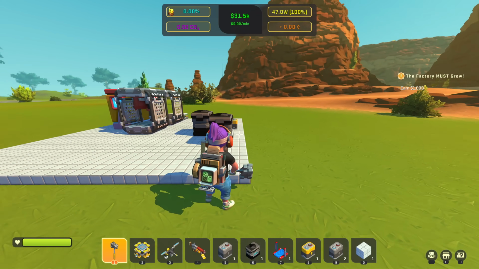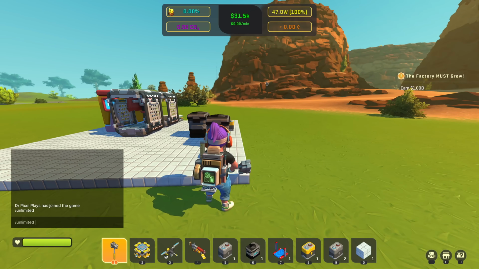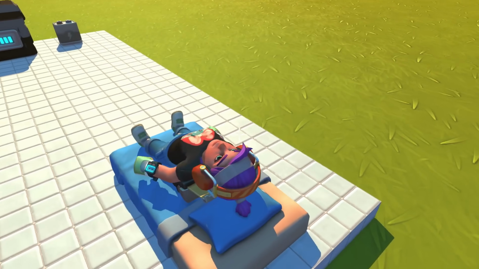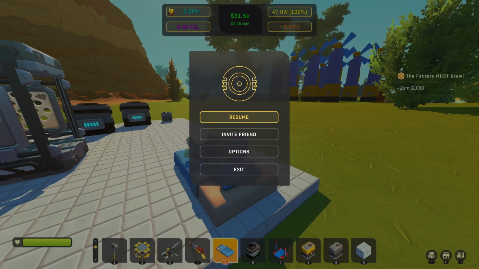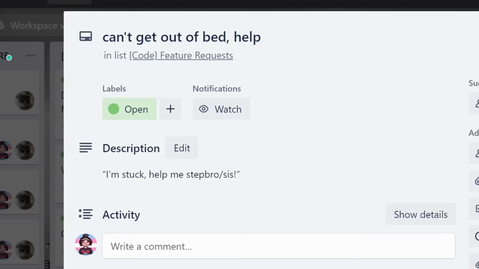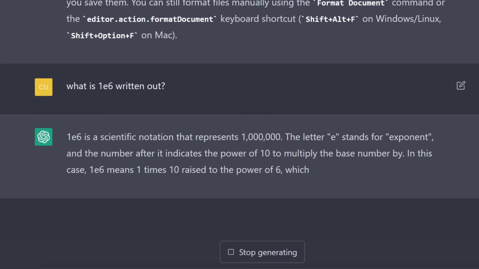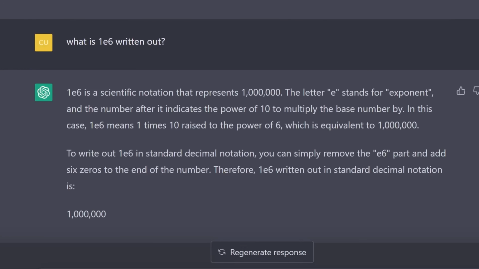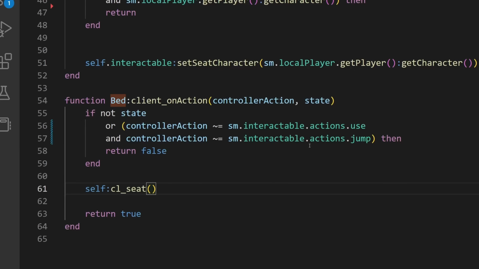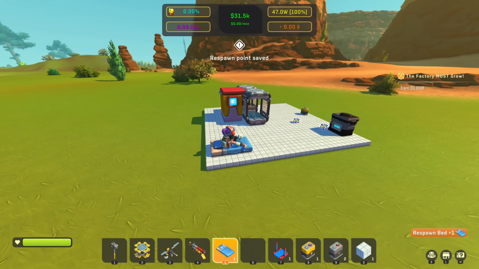Oh, by the way, I just saw the bed, and I've seen that, guys, this is breaking. If you ever get into the bed, you cannot get up anymore. The best part is I don't even get an error. Do not judge my specifications. I also like just using ChatGPT for whatever questions I have. Okay, I just see terrible code in here. This still looks horribly formatted, and we can finally get it.